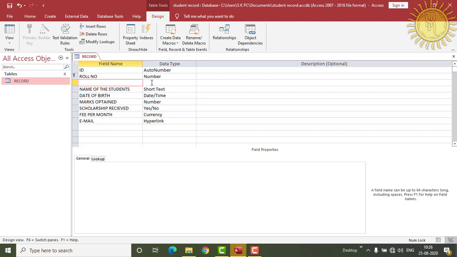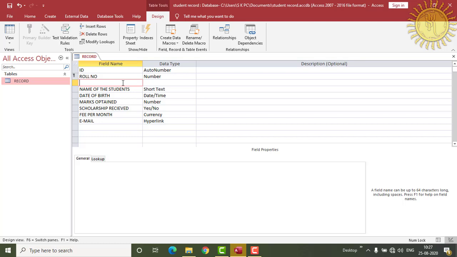Why do we need to insert a new field in between? Suppose sometimes we have to add new fields, or we have forgotten to insert a field. In this case we insert the new field in between.